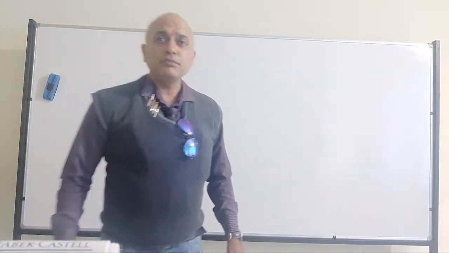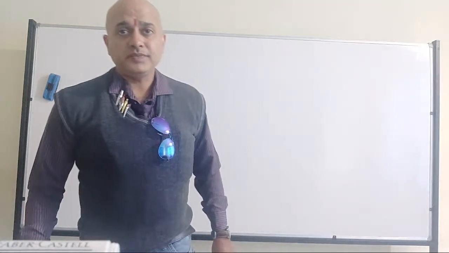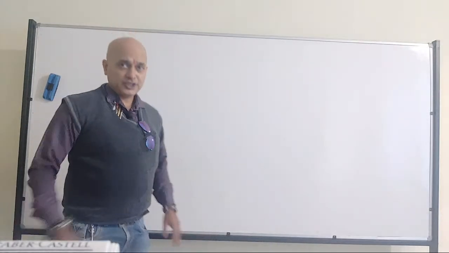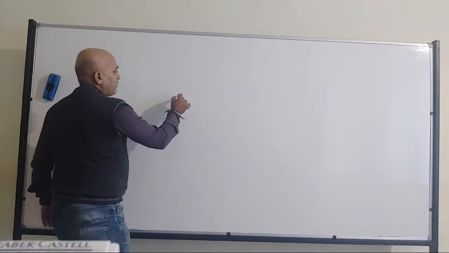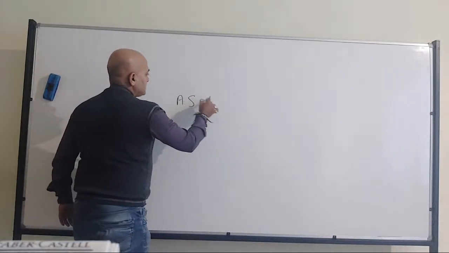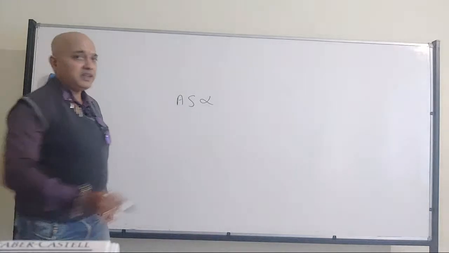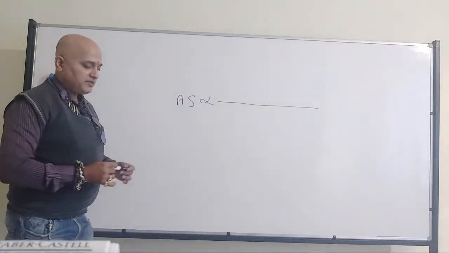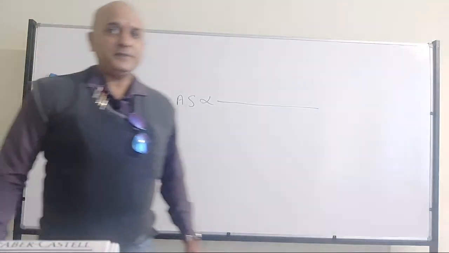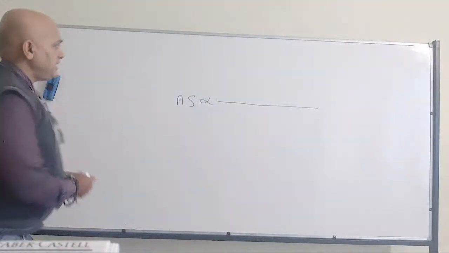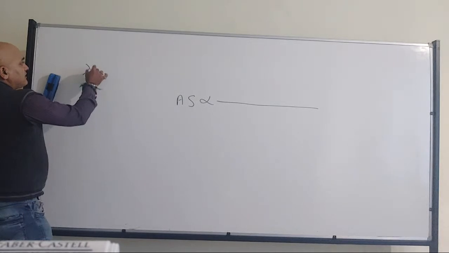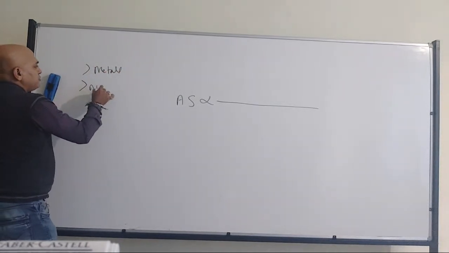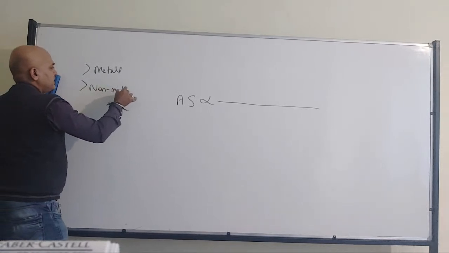Then we have discussed the diagonal relation. So overall, if I want to tell atomic size, now you should tell me which will come into the numerator and which will come into the denominator. Can anyone tell me? So I will write metals. Which others should you write? I will tell that one here.